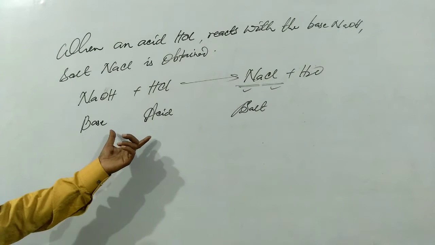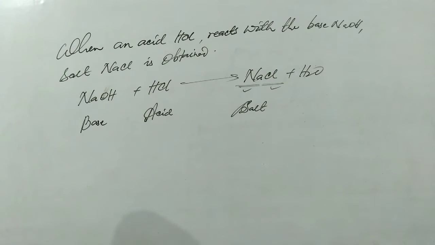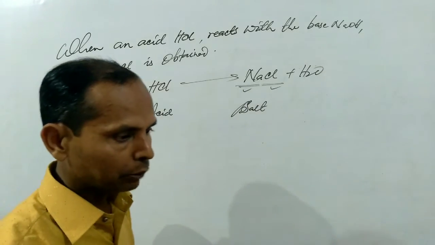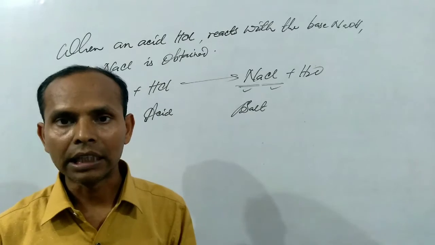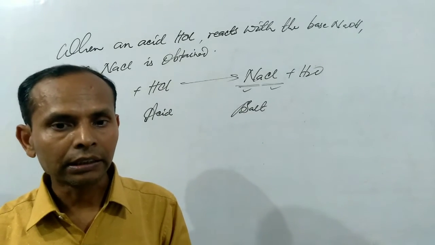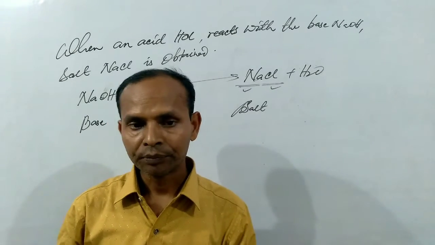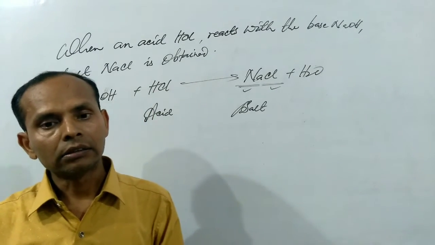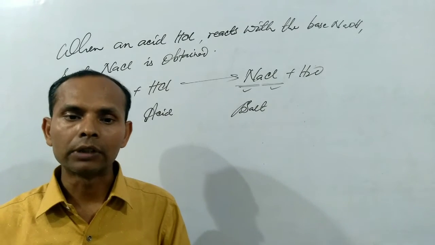Here the new terms are acid, base, and salt. There will be another chapter with this title. We have to study them in the next chapters as acid, base, and salt, but for now we only need to know the terms acid, base, and salt. We are reading the classification of radicals. In the same manner, everything will be classified.